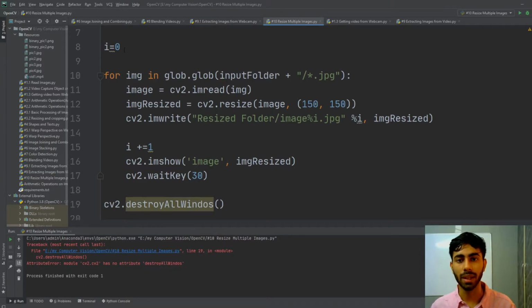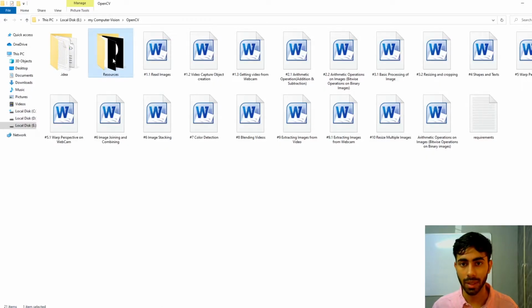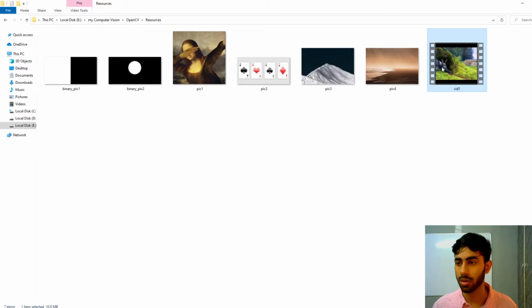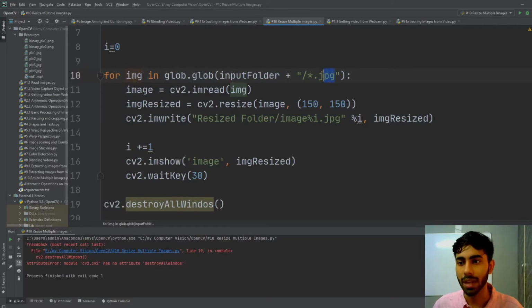My first image will be image 0, because this will be 0. Then I will increment this variable like here, and my second image that will be stored will be image 2, and so on. So now I have to form a loop, where each image variable is going to be each JPG image present in my input folder, that is this resources folder. Here these 4 are my images, and this is a video, so don't bother about it. And these are some PNG images, so I'm not going to include that. If you want to include PNG images also, then you can simply change this by typing PNG here.